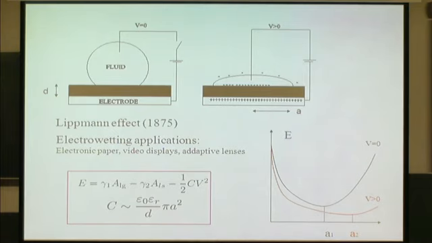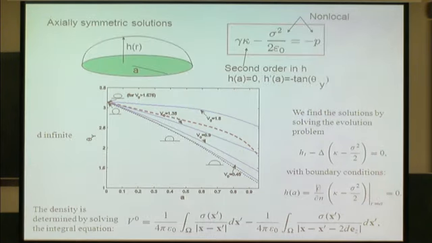Of course, this is a very rough approximation, so what we did, starting into this problem, was to compute the real shapes. And the real shapes, essentially, you can compute by solving the Euler-Lagrange equation associated to this variational problem. The Euler-Lagrange equation is this. You have the mean curvature of the surface, of the interface, minus the surface charge density squared.